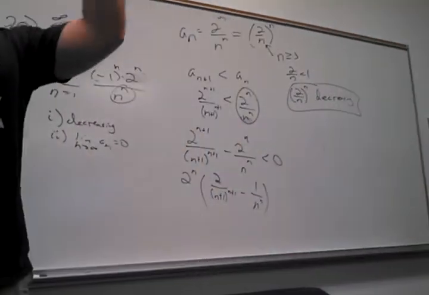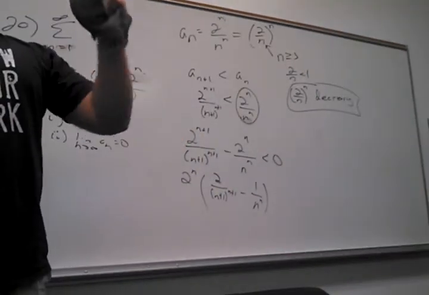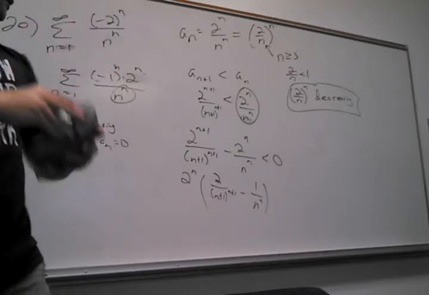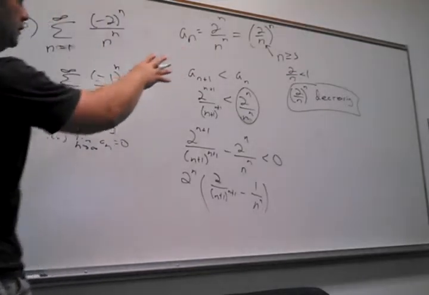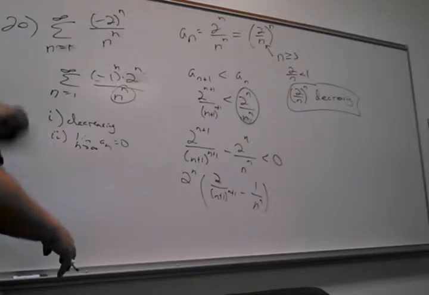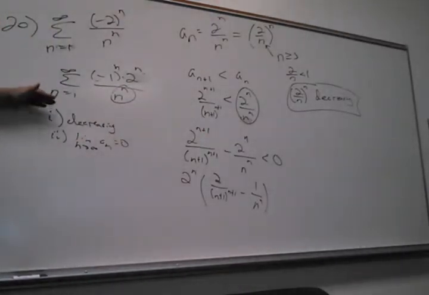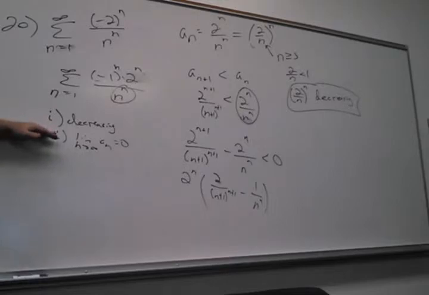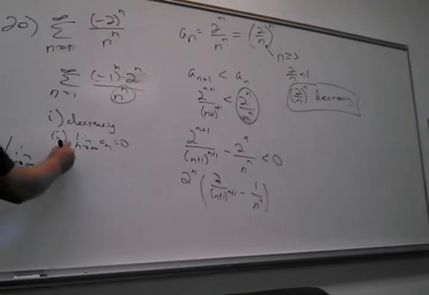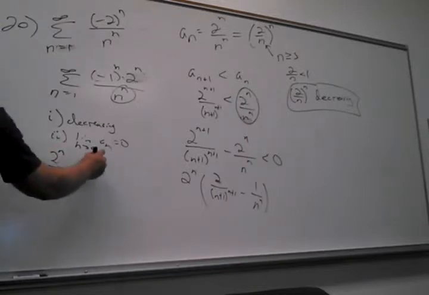Okay, so we tried every way we know how to show that this thing was decreasing. And why do we want to show it's decreasing? What are we trying to use here? Alternating series. Cool. So we've got that it's decreasing. Is the limit 0? Yes. So if you have a limit as n goes to infinity of this business here,